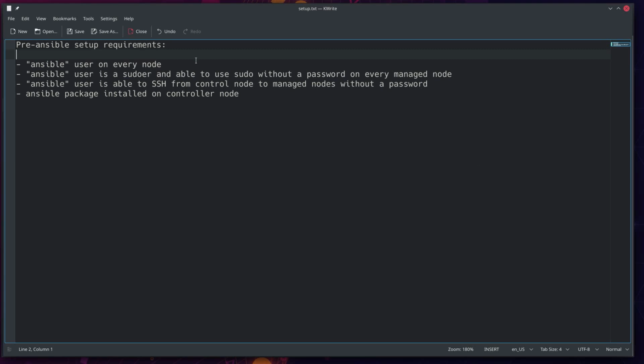our managed nodes. So for one thing, we're going to start by making an Ansible user on every node, both the controller and all of our managed servers. Now, you don't need this user to be called Ansible, and you don't even necessarily need to have a dedicated Ansible user. You can use Ansible as the root user, and you can just run everything as root on all of your servers. Obviously, that's not a great security practice, and the advantage to having either an Ansible user or